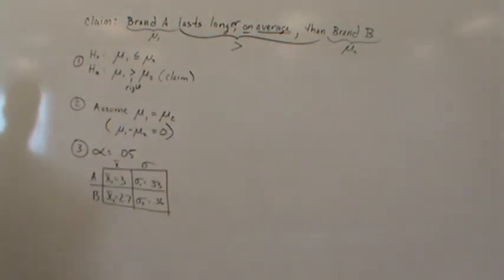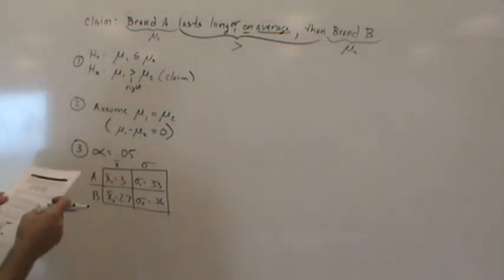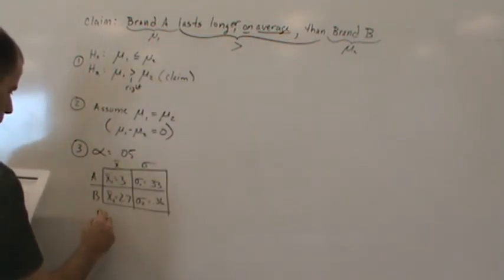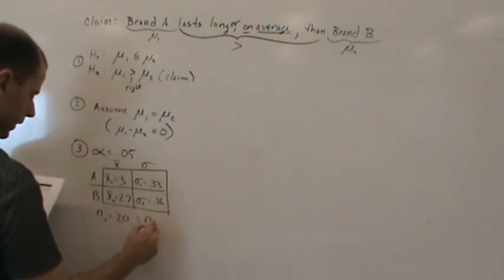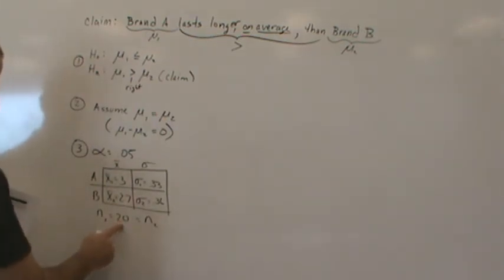Okay, so now, here's where we're going to do our testing. So now, first thing is what are the sample sizes? So n1 was equal to 20, which was also equal to n2. So the sample sizes are both the same. Now, this normally would be an issue because the sample sizes are too small, but they also tell us that